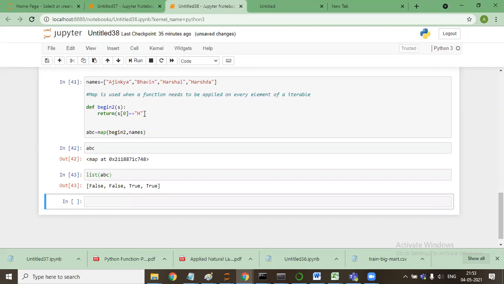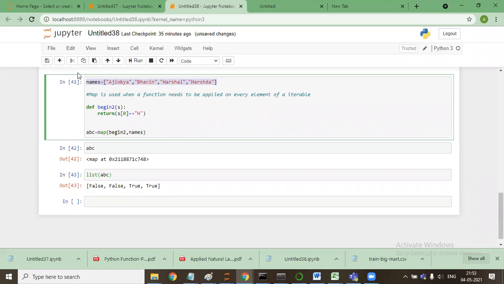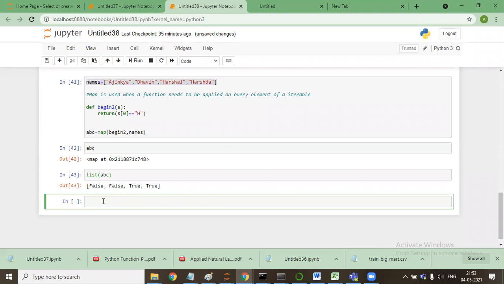So it is printing, but map is not working in that scenario. Okay, sir. So let me see. So if I'll say instead of this, names equal to this, even I have been trying it for the first time.